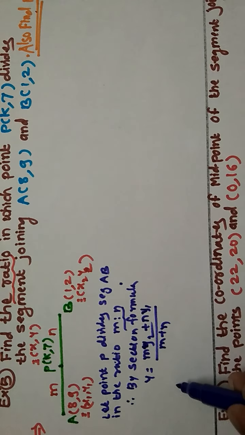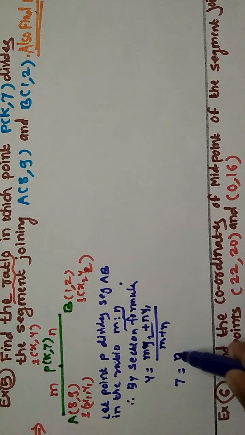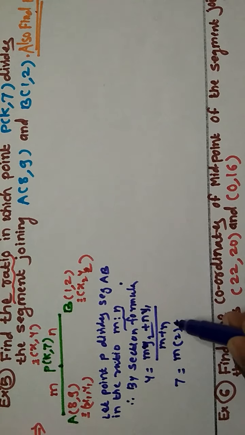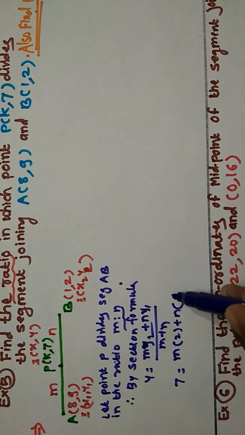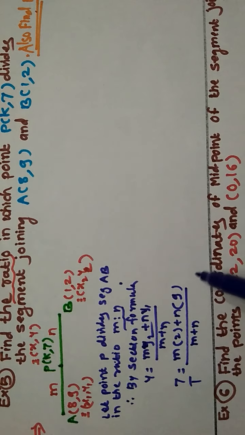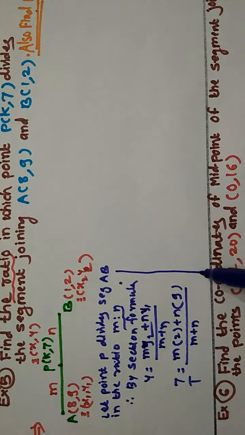Why do we use y? Because 7, the y coordinate, is given. Now substitute the values: y means 7, y2 means 2, y1 means 9, divided by m plus n. Now taking cross multiplication, we get